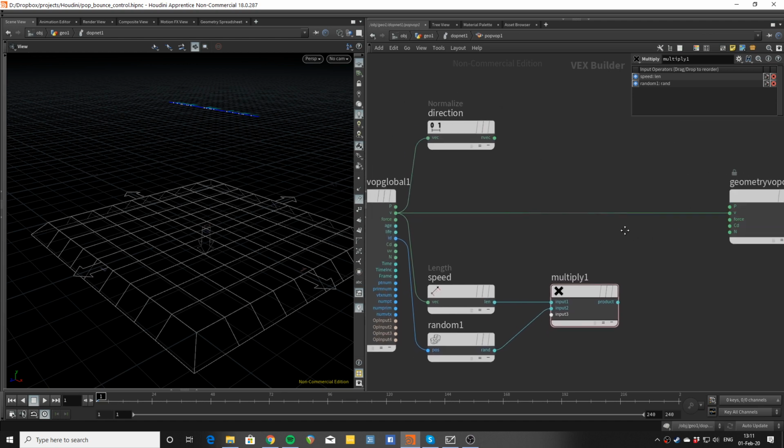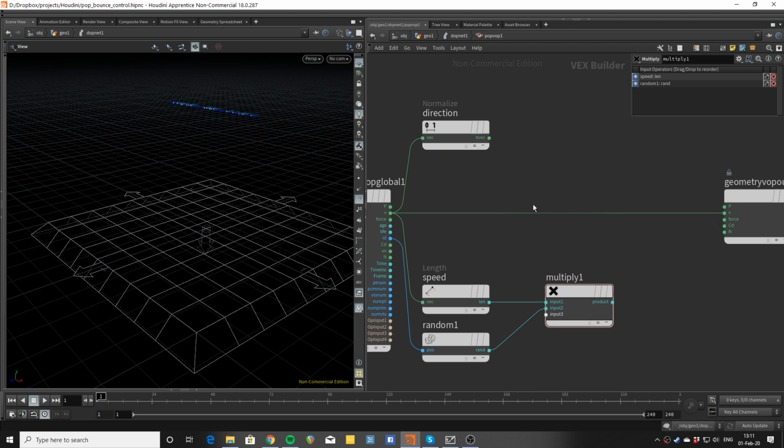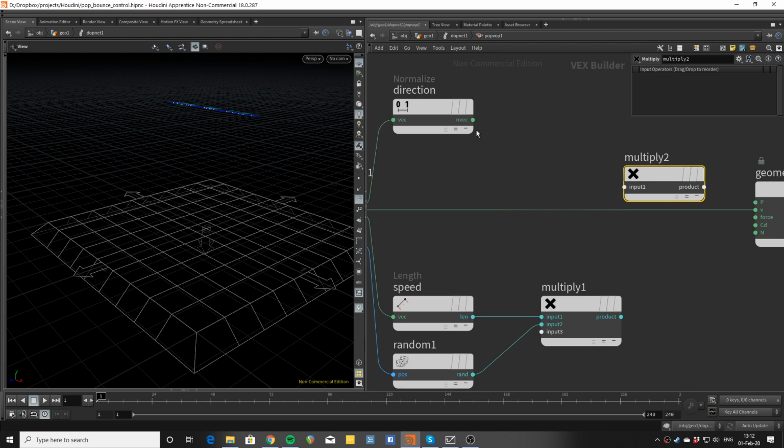and then I will need to unify these things again because you can see I have velocity here at the end. I don't have the separate direction and the speed, so I need to bring them in again, and I can do multiply to do this again. Now the important part is that this one is green, this one is cyan. That's because this one is a vector, the direction, and this one is a float, which is like a single